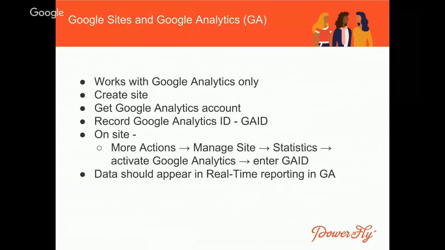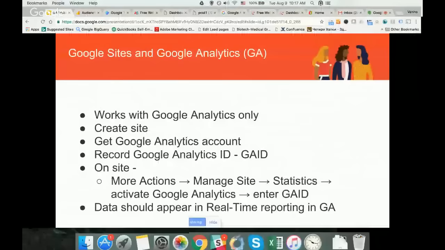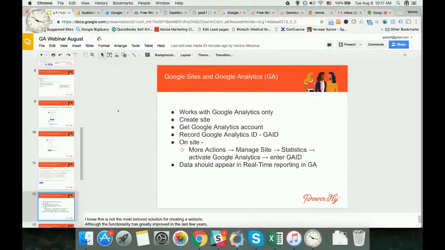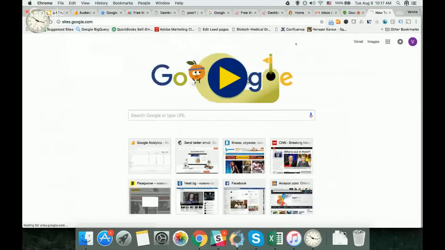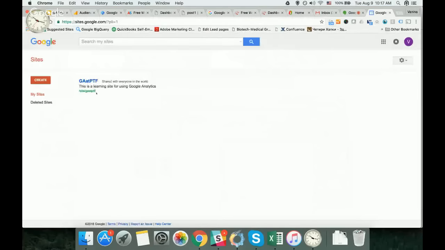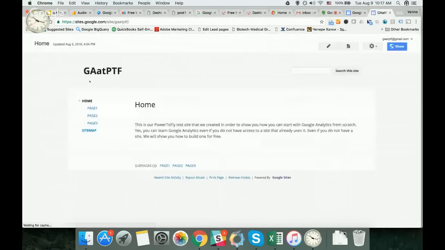And now let us go to the first case that we discussed, which would be the easiest one, where you don't need any technical background. You just need a site, and pretty much you just go to sites.google.com. And here is a site that I created. It took me really 5 minutes. It's very easy. No programming. I didn't write a single line of HTML or any other